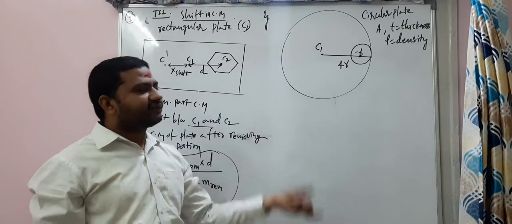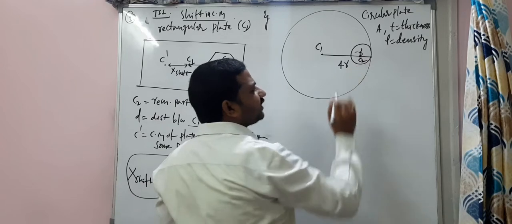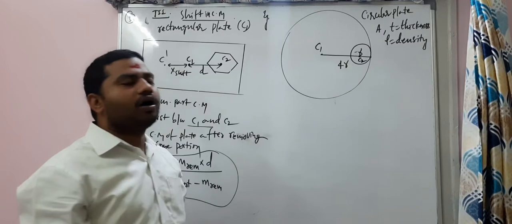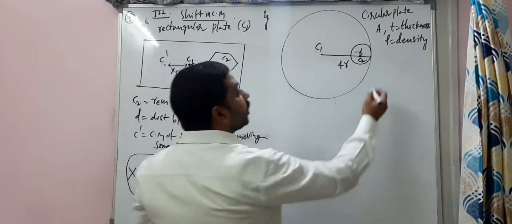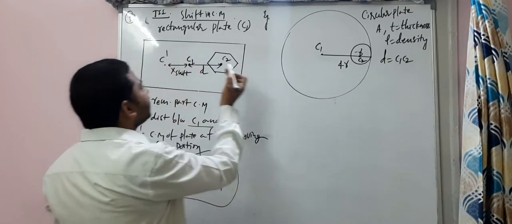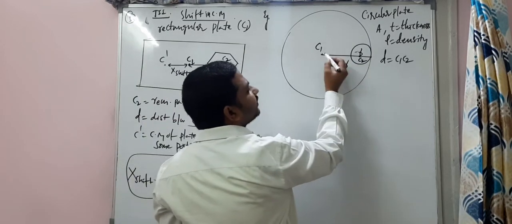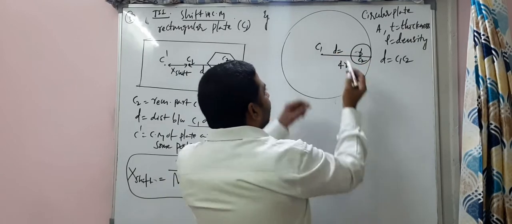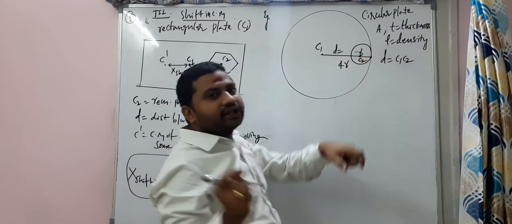A small portion I have removed whose radius is r. And the small portion's center of mass will be here, C2. Understand? A small portion of radius r is removed from this 4r. So now the d value is the distance between C1 and C2. What is the d value? Can anybody tell me? From here to here it's 4r. 1r is removed. What is the d? Type it in WhatsApp.